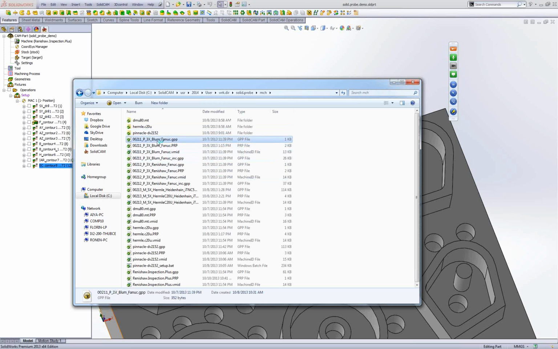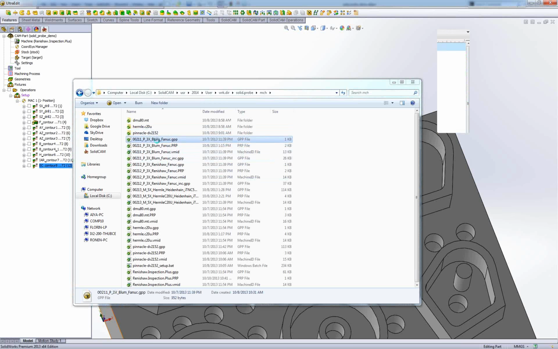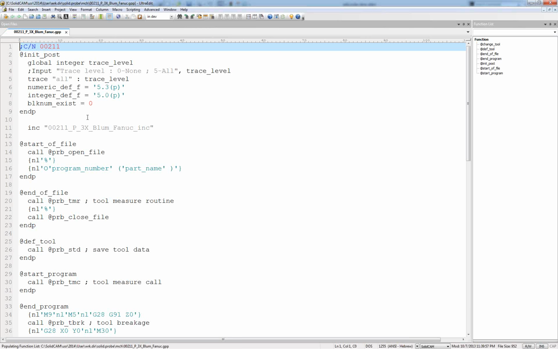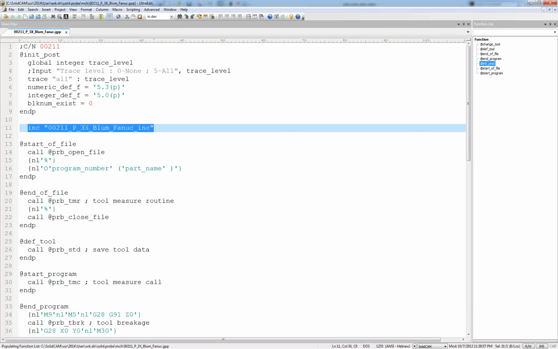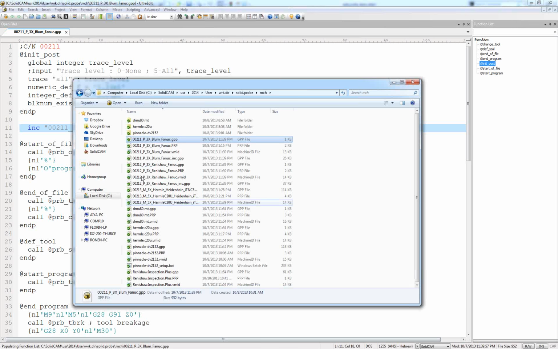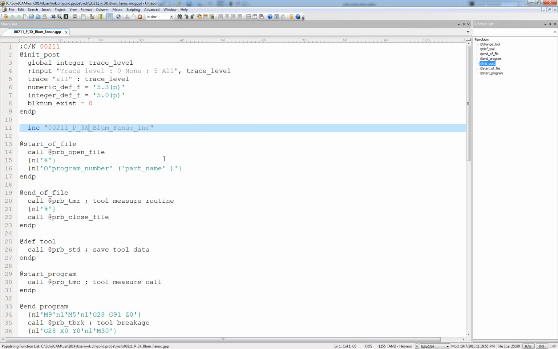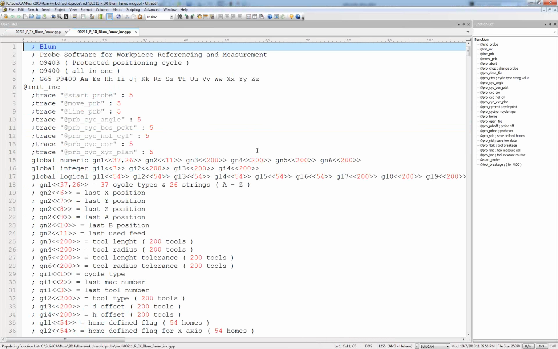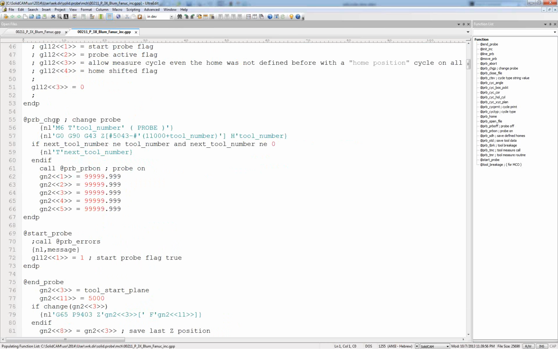So I have a GPP file. Use this command, include Bloom on Fanuc, and the file Bloom on Fanuc include is here. In this include file, I have defined all parameters, all cycles, all options of the probe, even the probe change. It's a little bit different